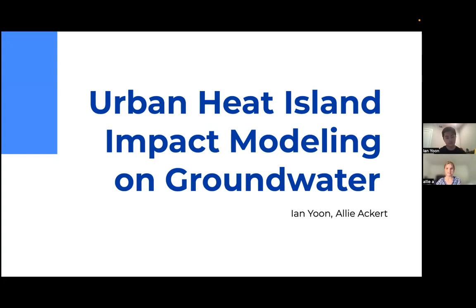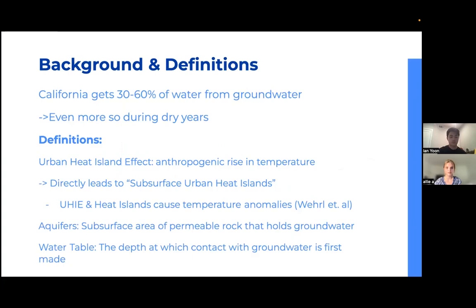And for our project, we studied the correlation between the urban heat island effect and Los Angeles groundwater depth. For context, 30 to 60% of California's water supply comes from groundwater, and we rely on it particularly during dry years. Some definitions related to our study you'll need to understand are, firstly, an urban heat island refers to